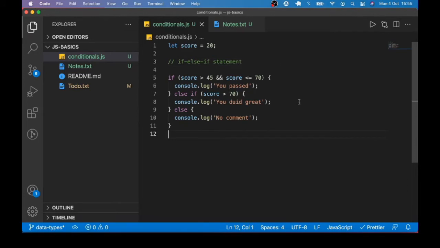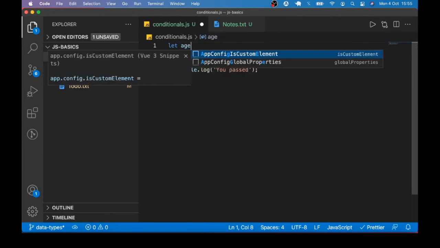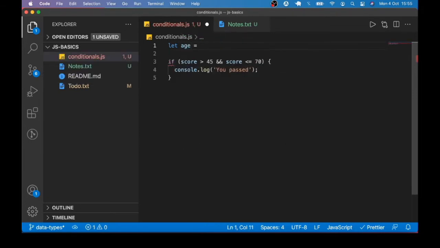Okay, how else can we use the if statement? We can have an if statement inside another if statement. Let me show you this with an example. Let's go back to age, right? Let's say the age is 16. Now what we want to do is to have an if statement inside an if statement. How can we do something like that? So for example, we can say if